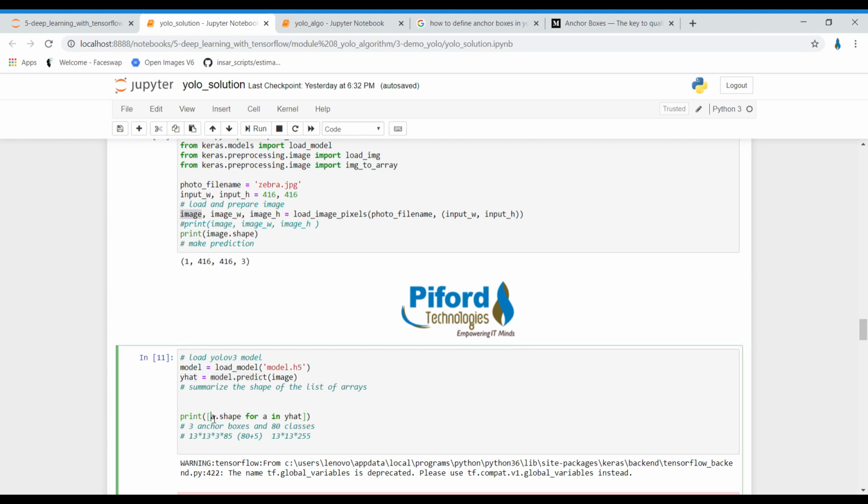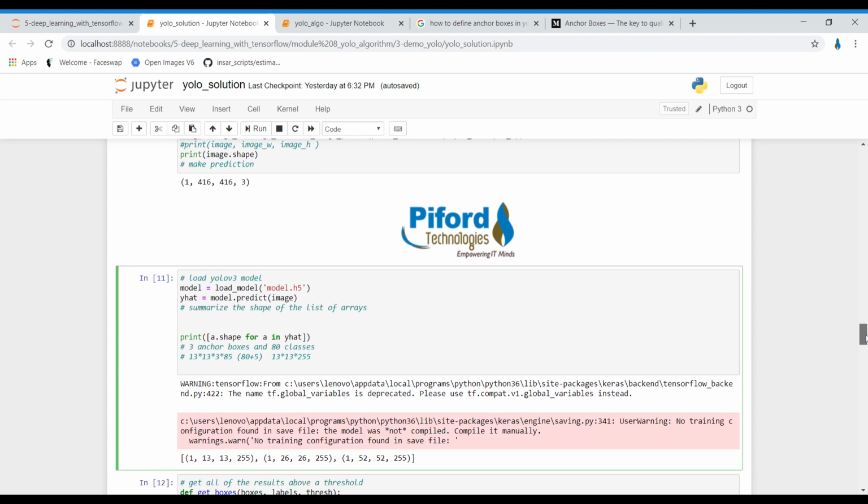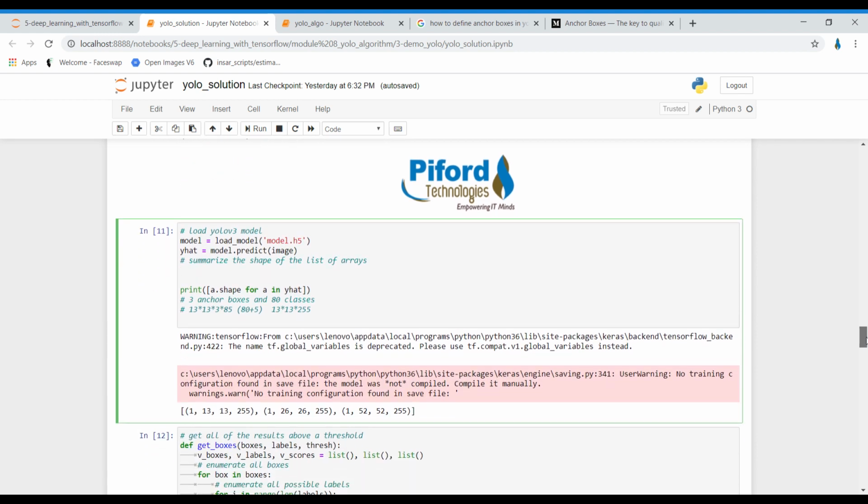So over here, I'm trying to know the shape of that, so I have used a loop, for a in y hat. Why am I using a loop over here? Because, as I told you at the start of today's class, YOLO object detection version 3 detects objects at three different scales.